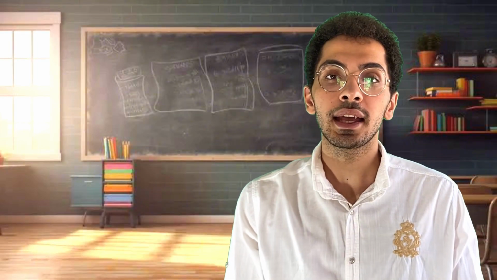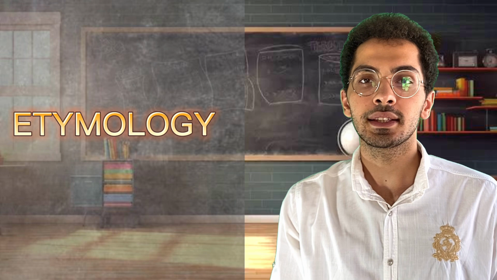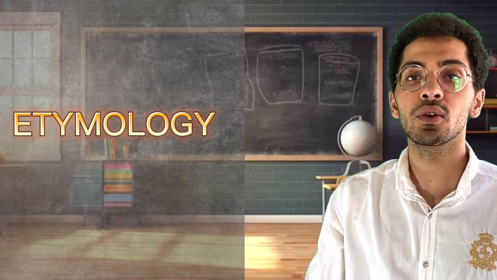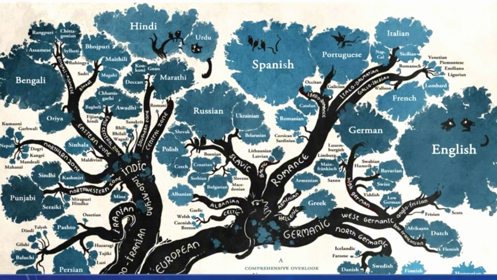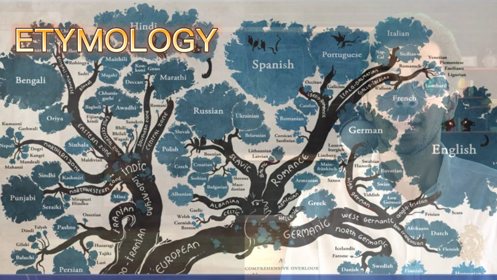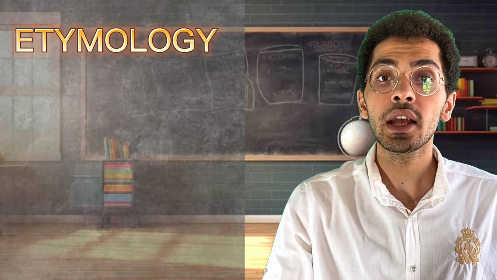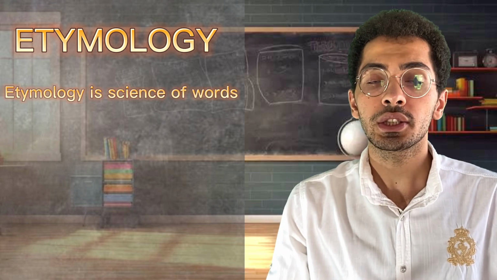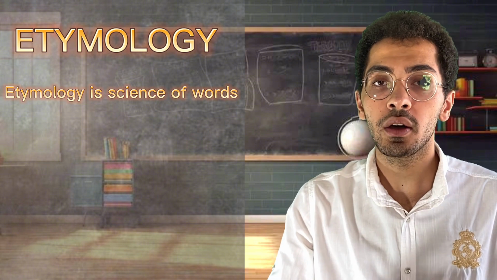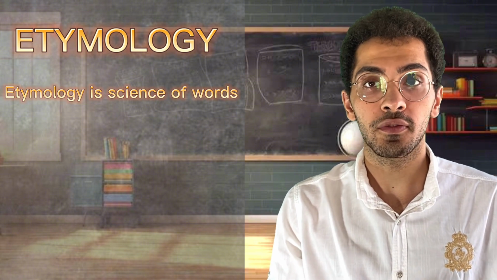It is called etymology. What is etymology? Let's first take a look at the language tree. As you can see, all of the languages and words are connected. They are coming from the same root. So, what is etymology? Etymology is the science of words. Etymologists research words, where they are coming from,